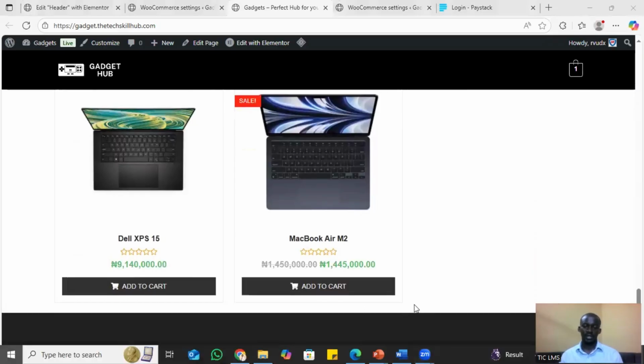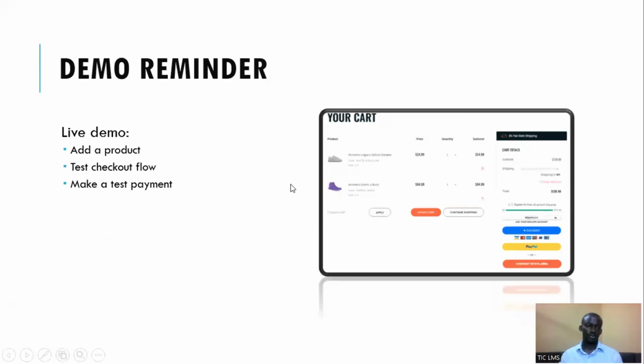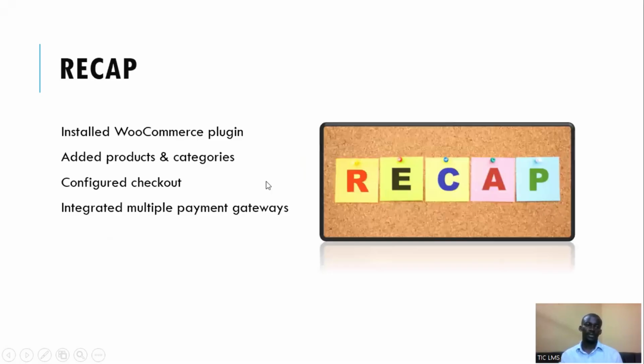Now let's go back to our PowerPoint slide. So we've made a demo, we got a product, and we've made a test payment. So to recap, we've been able to install the WooCommerce plugin, we've added products and categories, configured checkout, and we've integrated multiple payment gateways. So that's basically how you can set up